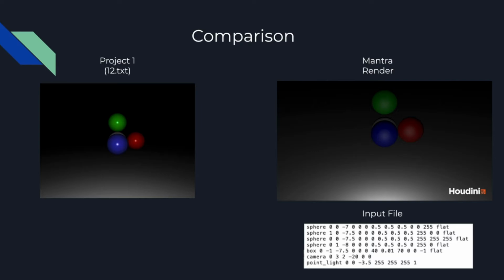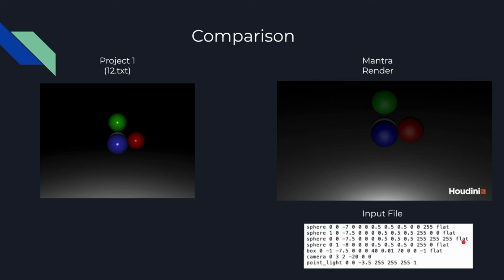Since the Mantra renderer uses ray tracing, I thought it would be interesting to compare some renders from our own ray tracing project, Project One. As you can see, there are four different spheres with different colors, a light, and a plane. The four spheres are handled by these first four lines. You have the position, the rotations are all 0, and the scales are all half-sized. And then you have the color RGB. So this is the blue sphere, this is the red sphere, this is the white sphere, and this is the green sphere. And then you have flat for the material,